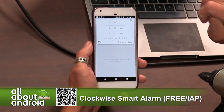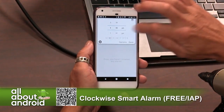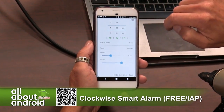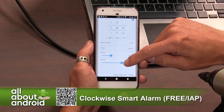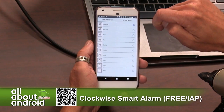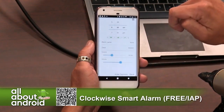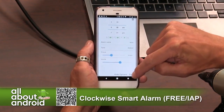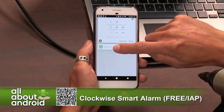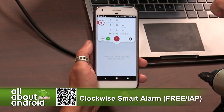So what you can do is you can set an alarm and tell it what day of the month, what day of the week, and what time you want it to go off. And you can name it, you can change the tone of the alarm and things like that. So if you save that, it's fine. It's just standard alarm clock kind of stuff. And you hit save. And so then if you tap on that one, so now what you can do is